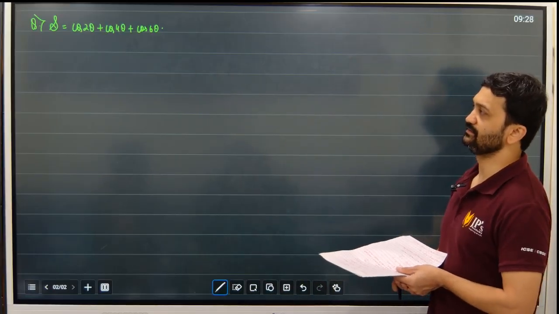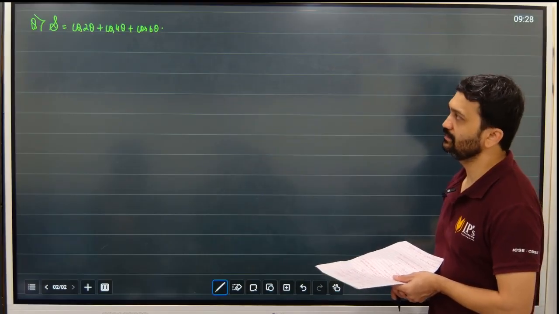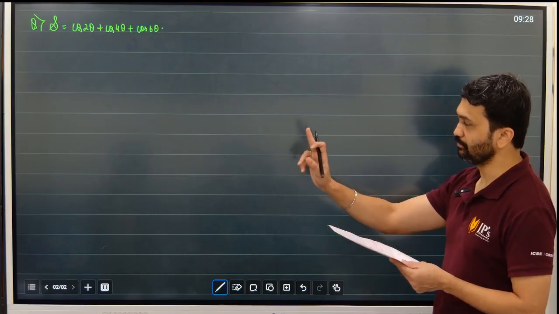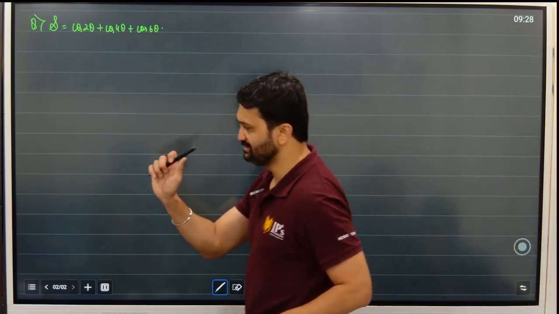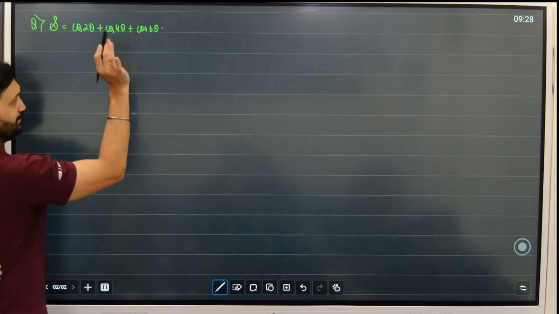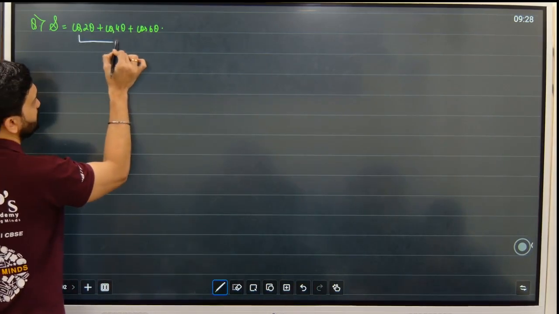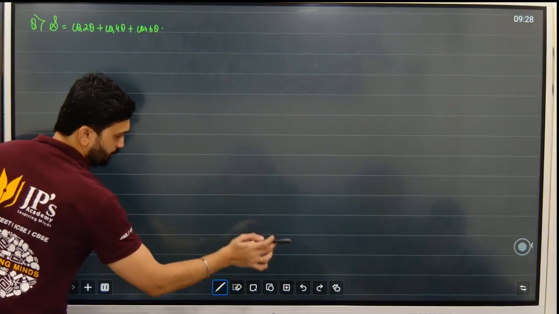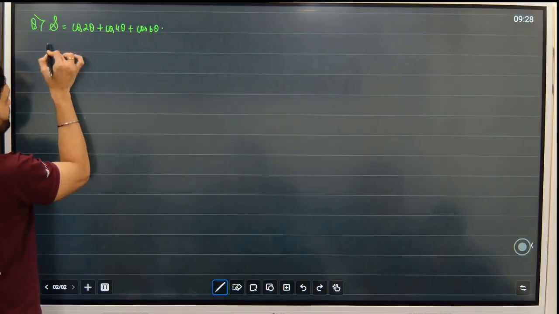First, I'll simplify this. Now, S is given as cos 2 theta plus cos 4 theta plus cos 6 theta. See what I'm going to do. I am going to the next step to make it easy. Acha, a lot of people, what they'll do is they'll do cos C plus cos D. They'll do common. You can do it. That's not a problem. What I'm going to do is I'll multiply